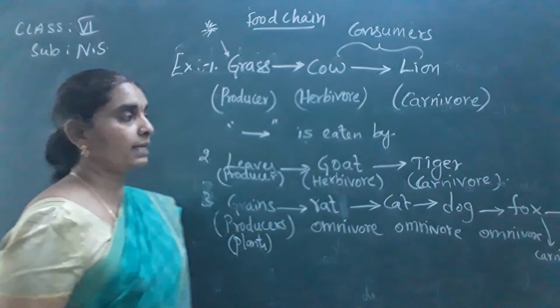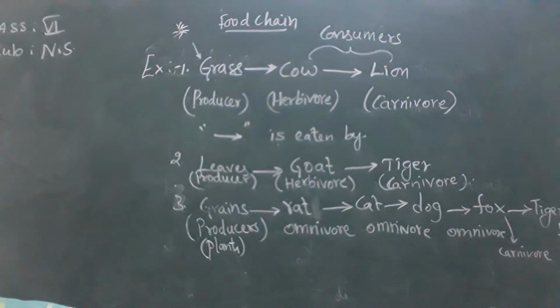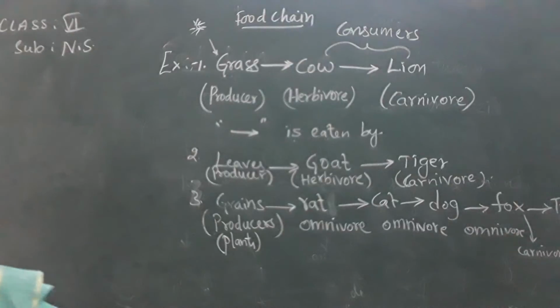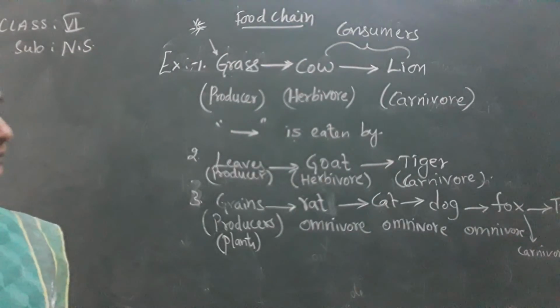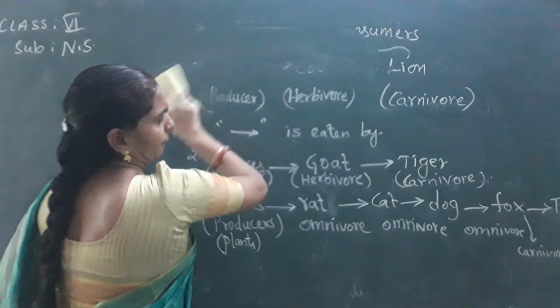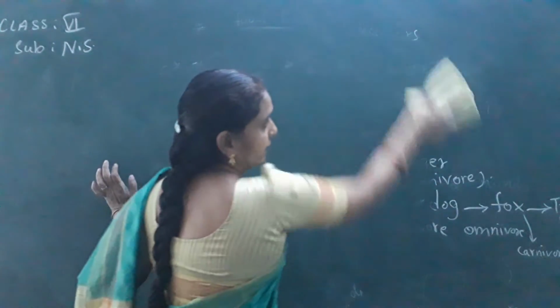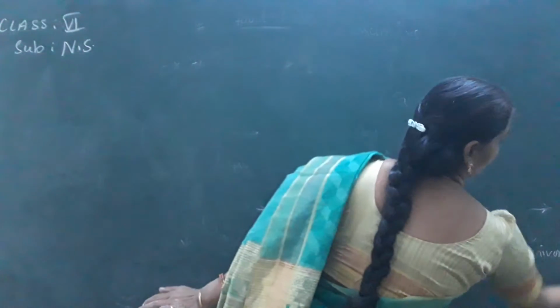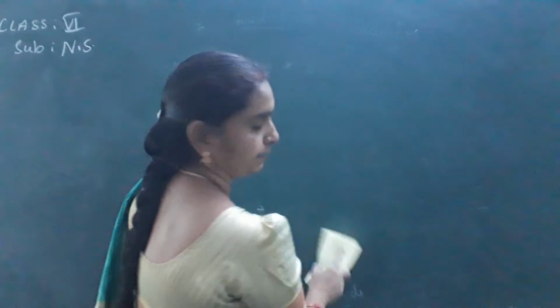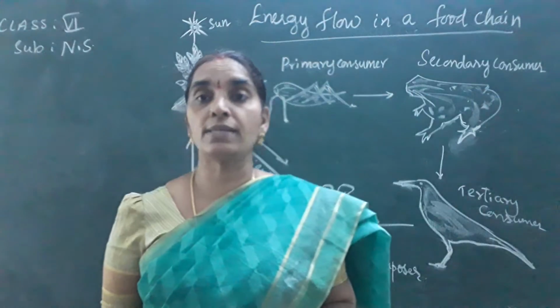Okay, children? So that is about the food chain. Hope you can clearly observe this now. Okay? See, children? Likewise, you can develop the food chains in this manner. Okay? Children, as I said earlier, the food chain is the link between the